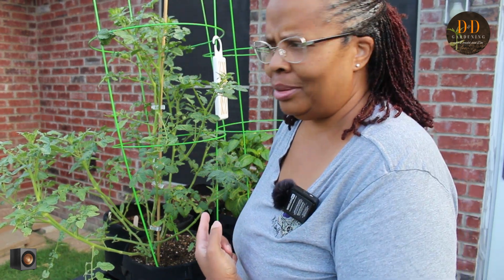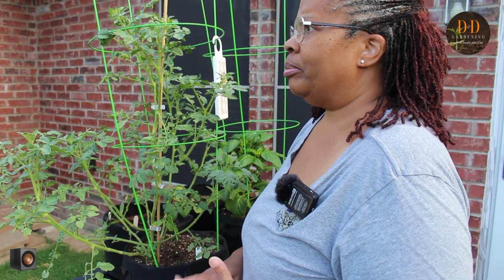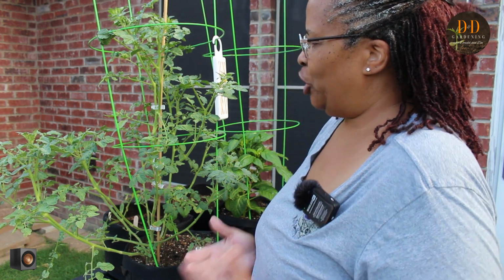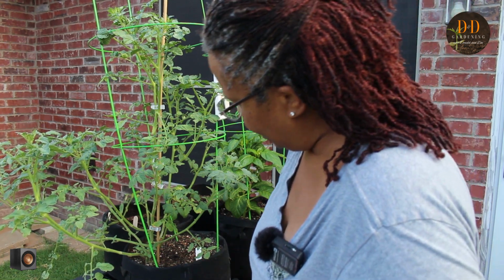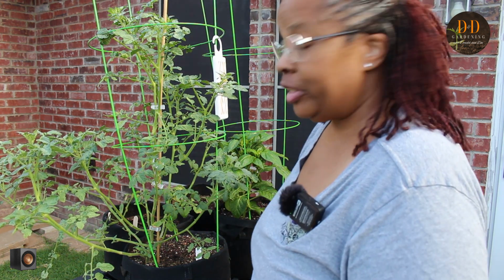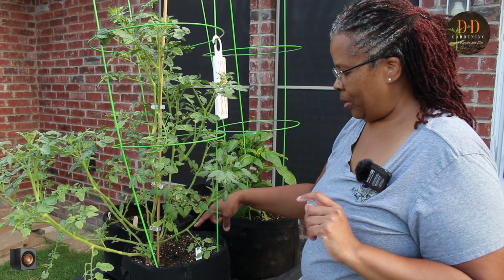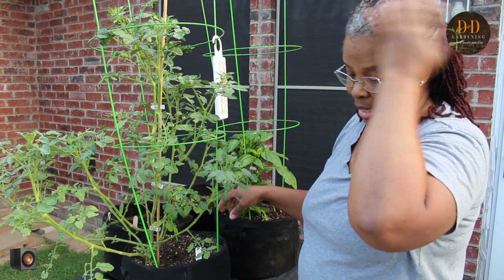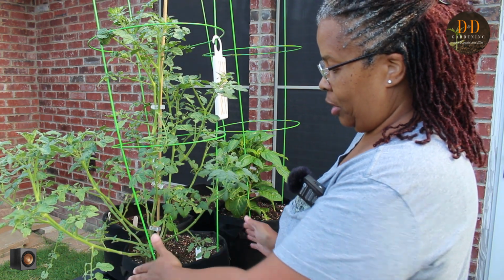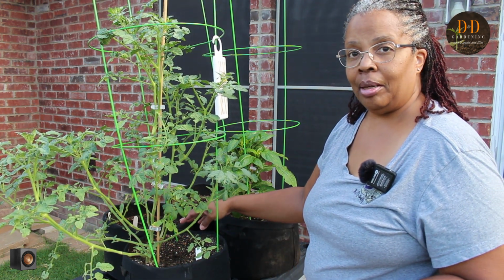No, they're not. I have given this garden tone, tomato tone, oh, maybe that's the problem. I've given it too much fertilizer. I don't know, but I'm not getting any tomatoes. So what I did do though is, here I planted on the side that doesn't have, because this tomato plant is on this side of the bag, but here I planted some